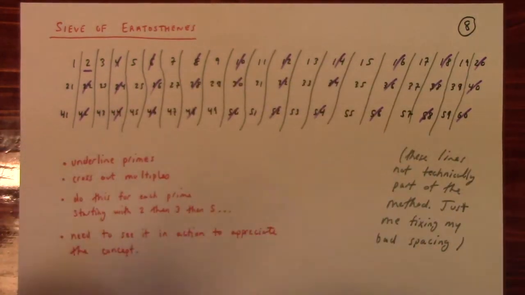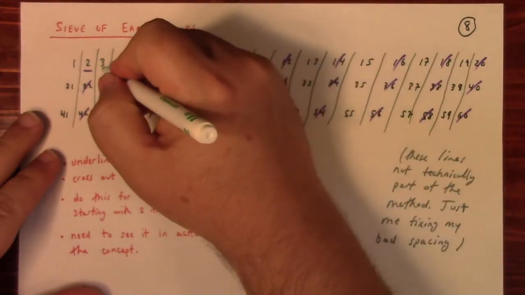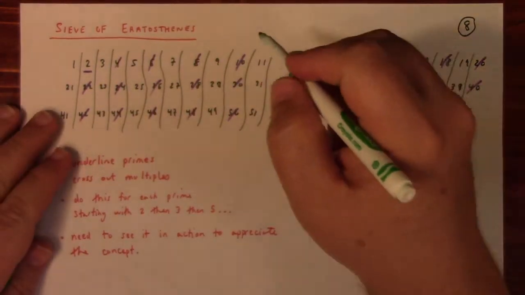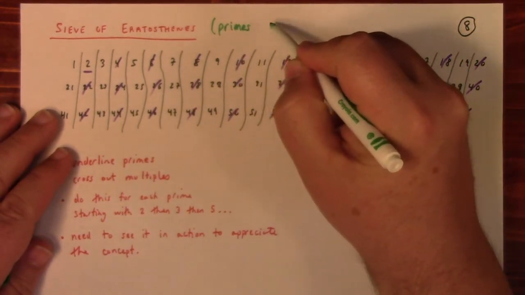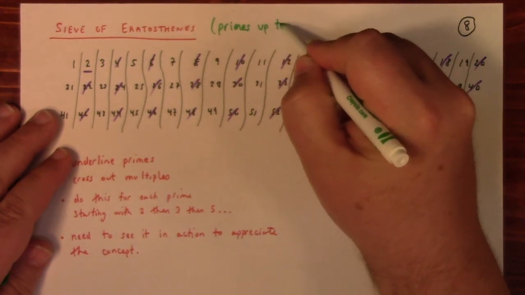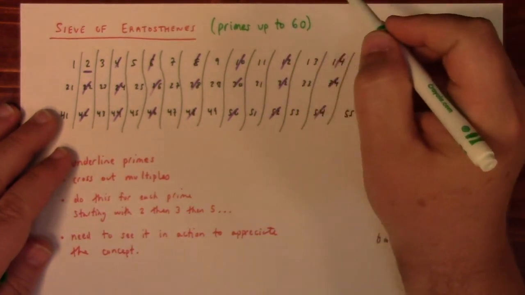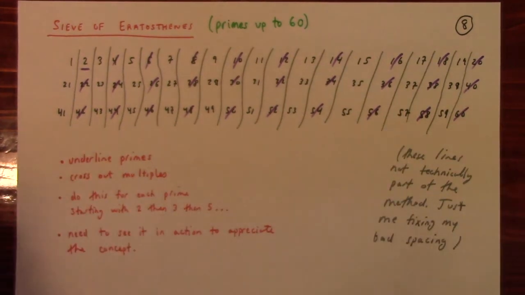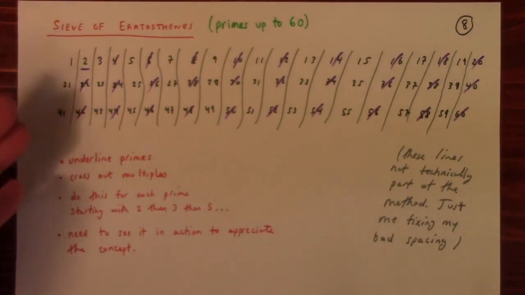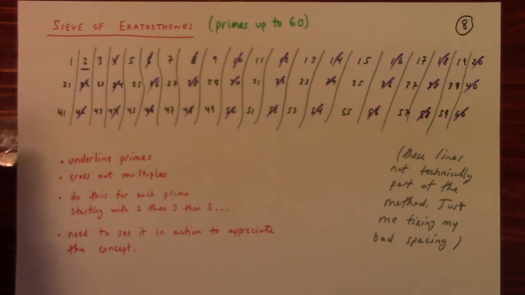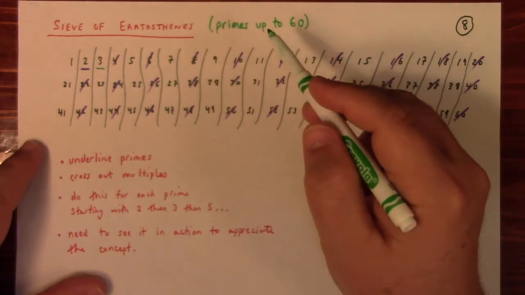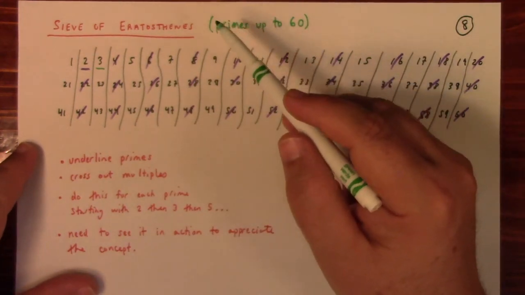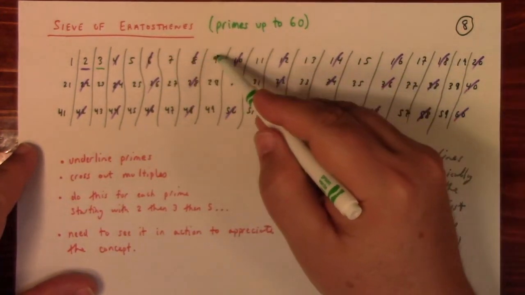I'll do it in a different color. We underline the next prime. What we're trying to do is figure out primes up to 60 for my example. So you write down all the numbers from 1 to 60. You don't really need the 1, right? Write the numbers up to 60, and then you start underlining primes, and then getting rid of all the other multiples. So like 3, 6 is already gone, 9,